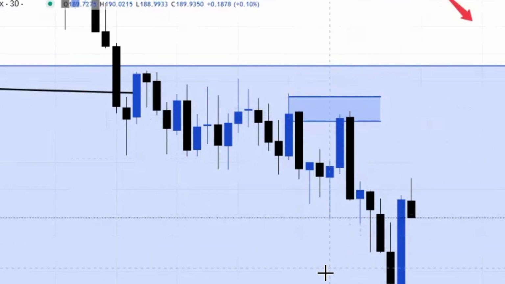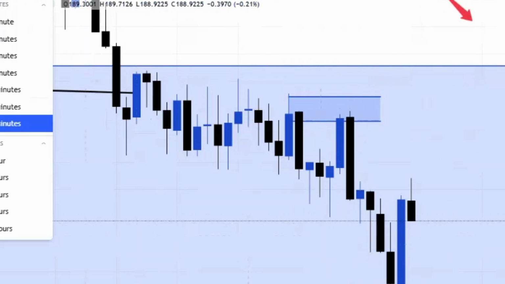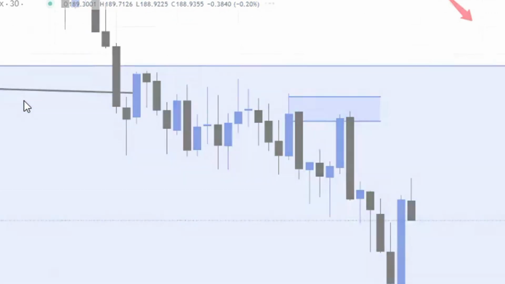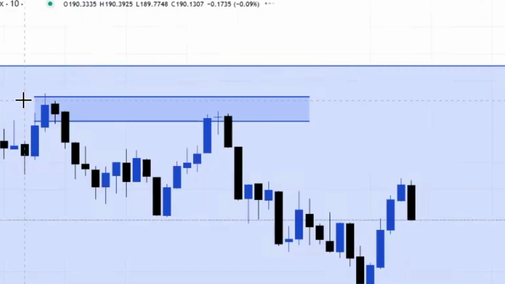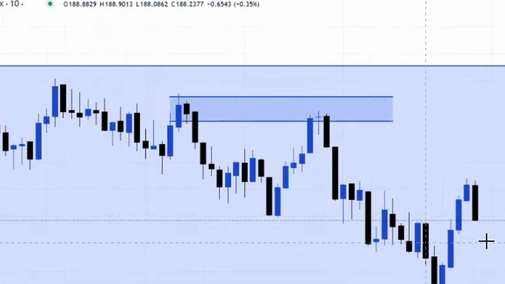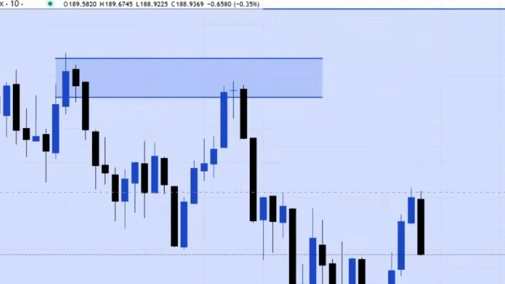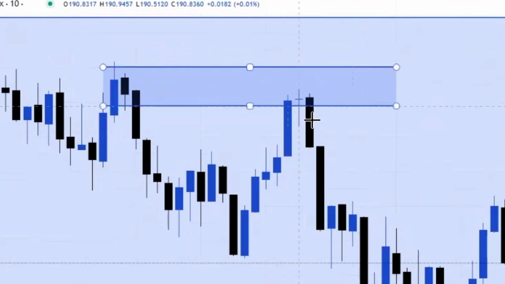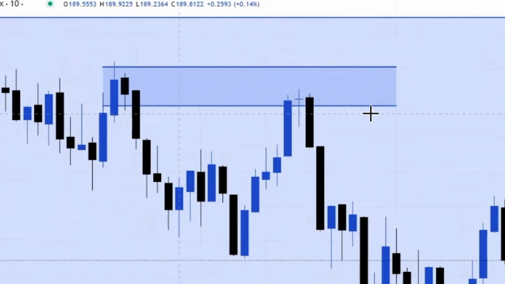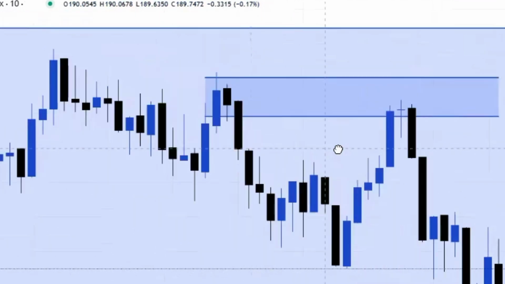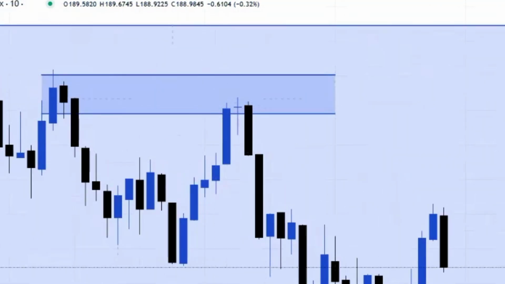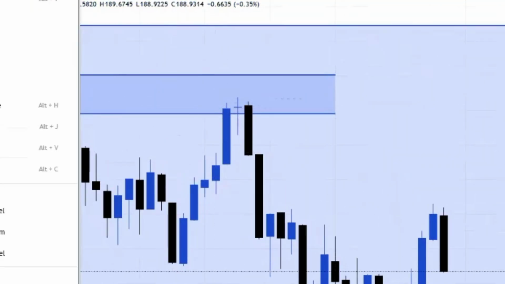Now I can even show you how you can also identify this. You can even use the 15 minutes. If you don't want to use 30 minutes, you can use the 15 minutes time frame too. Now you can see on the 15 minutes we are still on that level, and you find out that price came and mitigated this other block here. This is where I will pick my entry from. So I will enter at this point here.